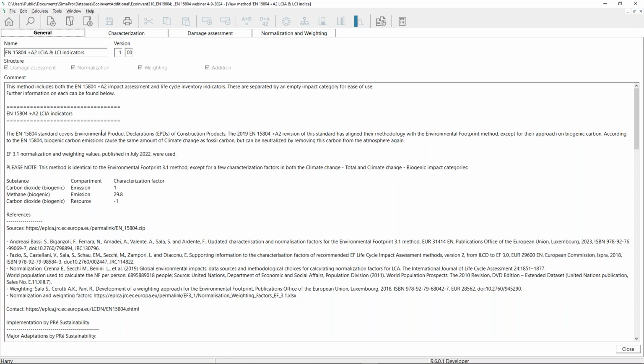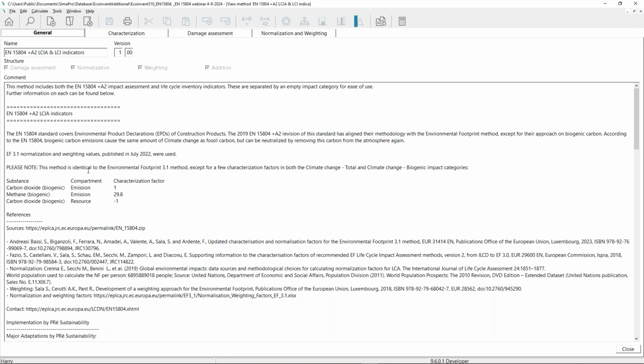So it includes the source, and if there are next versions, it will also show what has been changed compared to the previous version. So there is a version history and also the important adaptations.